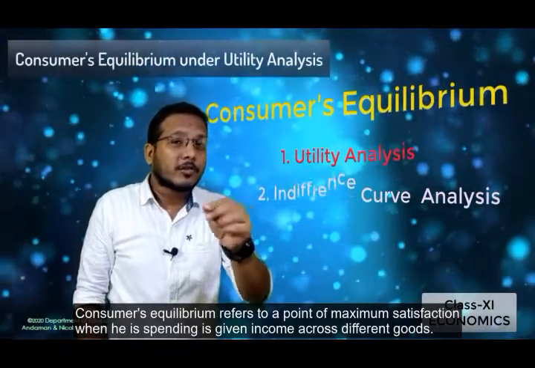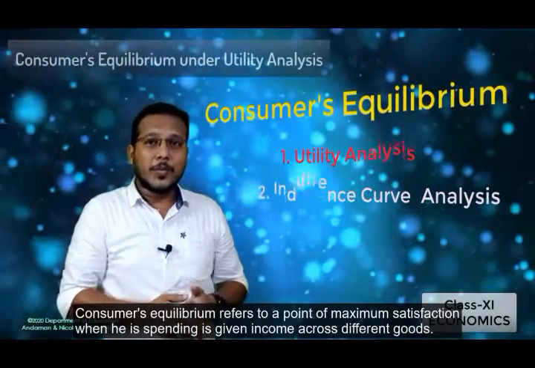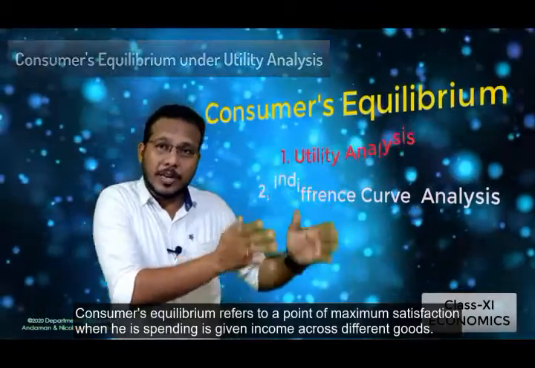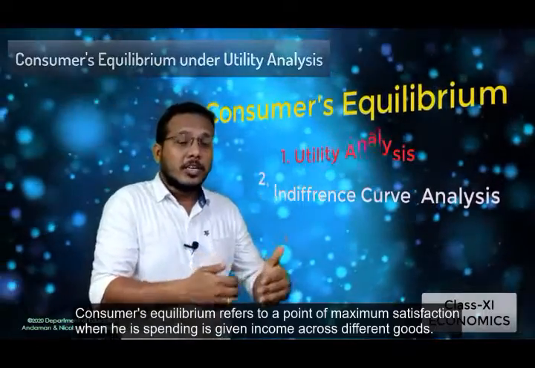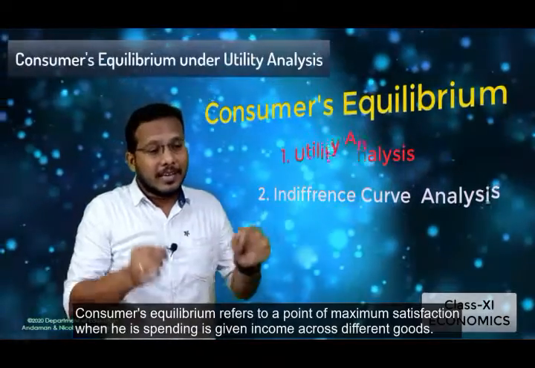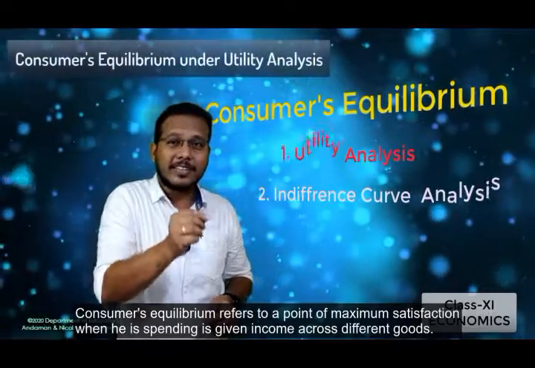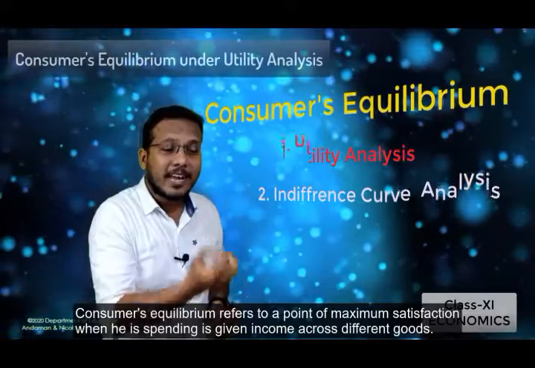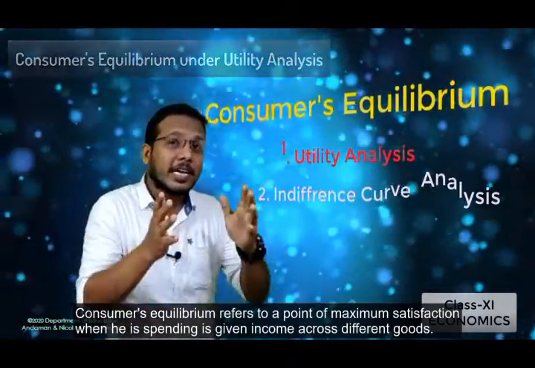at that time the situation when he gets the maximum satisfaction by the utilization of resources. तो बच्चों, यहाँ हम कह सकते हैं कि जब एक उपभोक्ता को अपनी आवश्यकताओं को पूरा करते वक्त, जो संसाधन उपलब्ध है, इन संसाधनों से जब अपनी आवश्यकताओं को पूरा करते हैं और उन संसाधनों के उपयोग से जब उन्हें अधिकतम संतुष्टि प्राप्त होती है, इस स्थिति को हम उपभोक्ता संतुलन कहते हैं. So that is the situation where we can say that a consumer is at equilibrium stage. That means he is deriving a maximum satisfaction from the resources utilized to satisfy his needs in an economy.